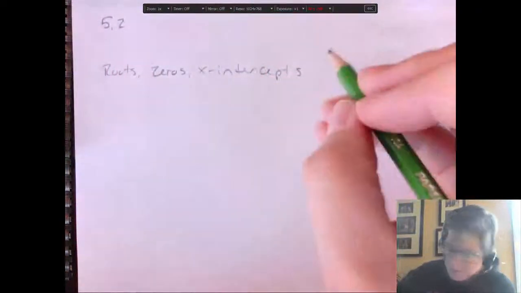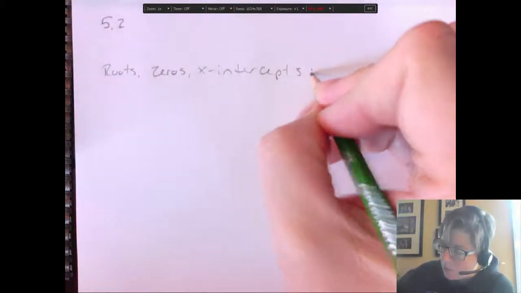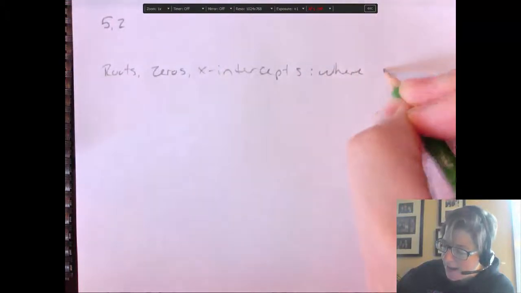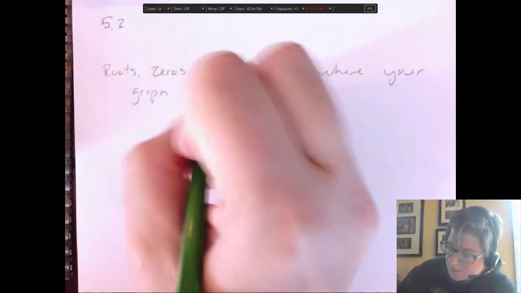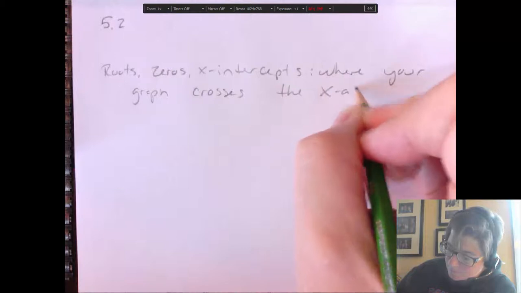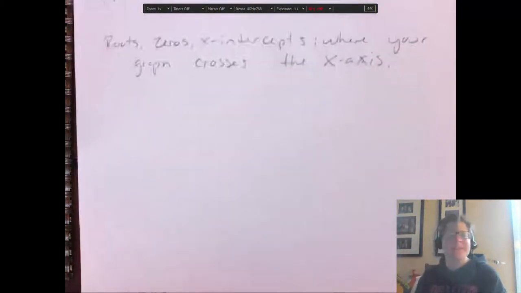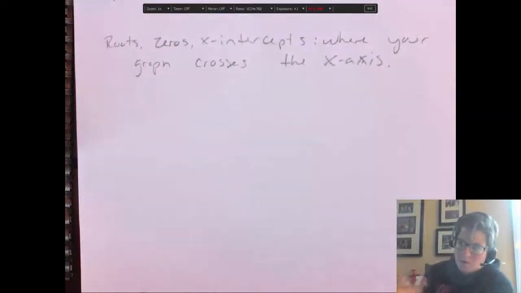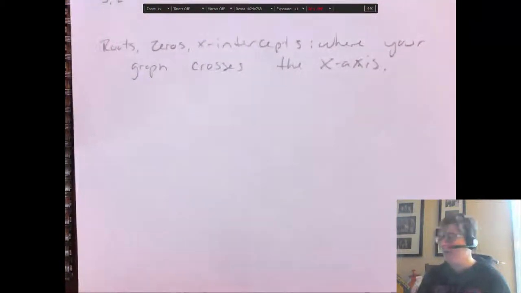There are other names too, I'm drawing a blank. These are all where your graph crosses the x-axis. Okay, so these are roots, these zeros, and this section calls them zeros a lot, are just wherever your graph crosses the x-axis. So if we're looking at a polynomial, it's just like a name for y equals,